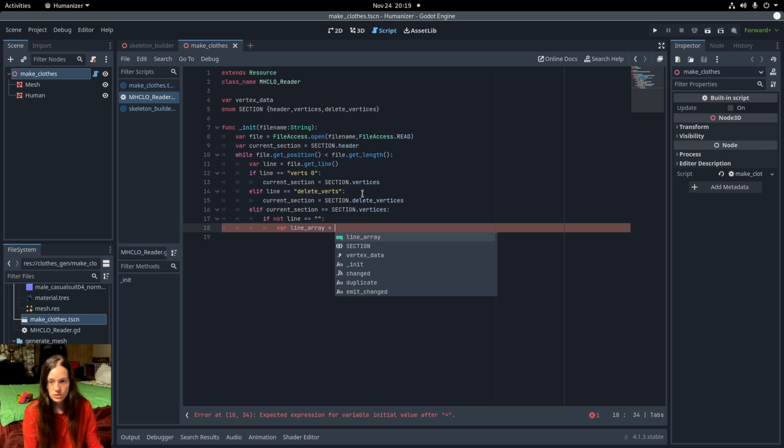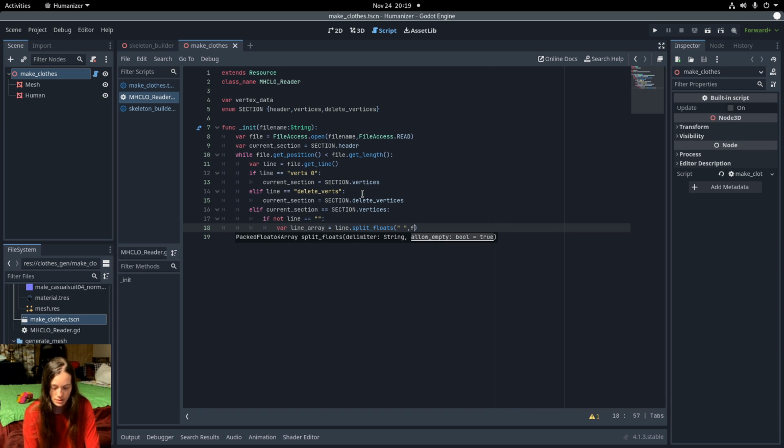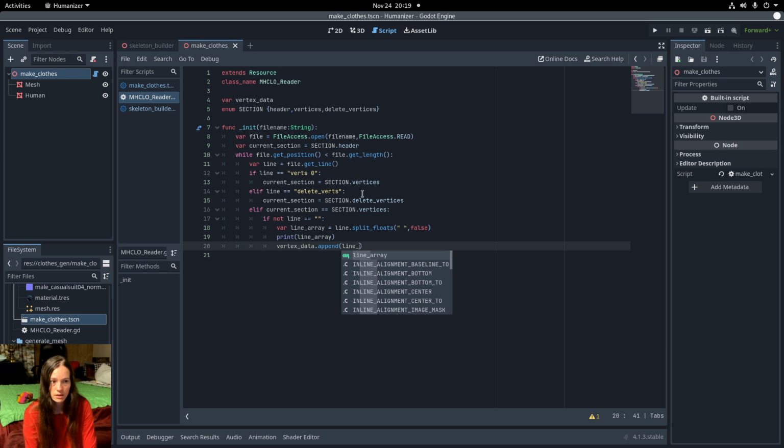So the string object has a split floats function, and this takes a delimiter, which is a space, and allow empty, which I'll set to false. And I'll just print the line array so you can see,